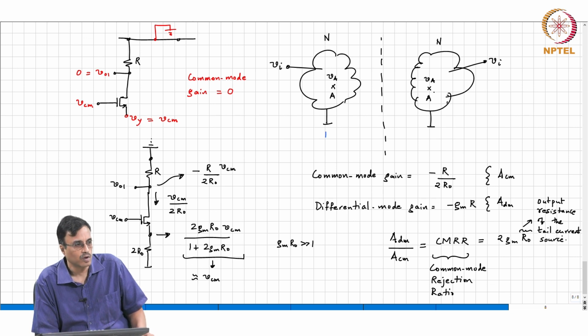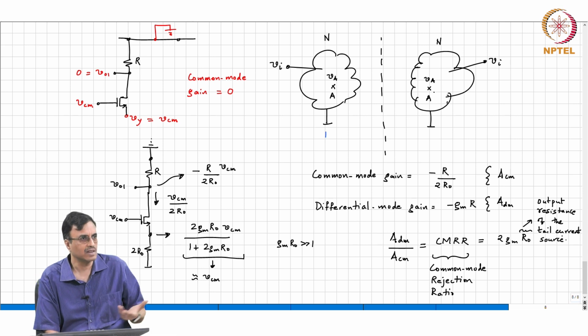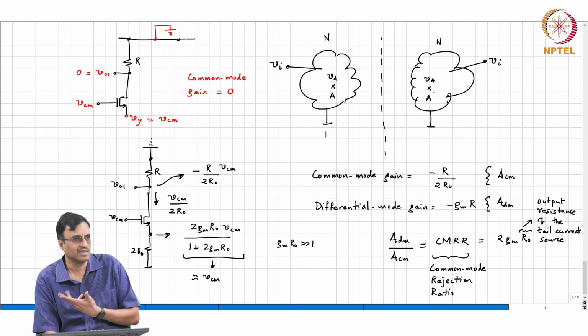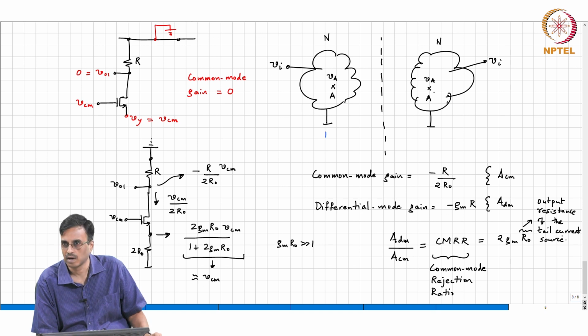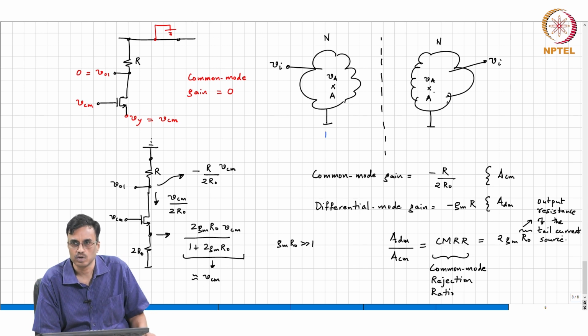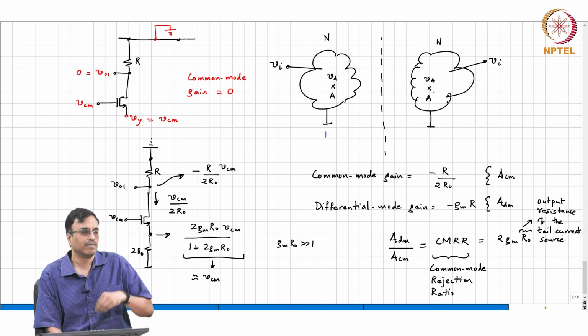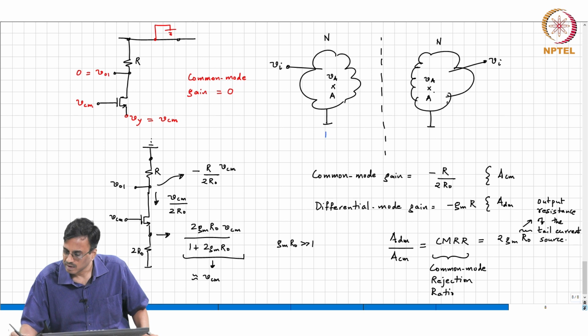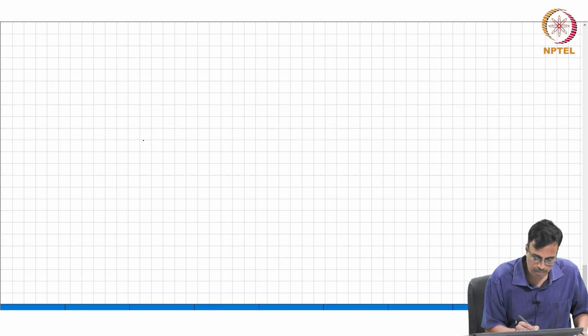If you use a simple current source with an output resistance of RO, then the common mode rejection will be of the order of gm RO. If gm RO is say 50, then the common mode rejection is 100, but it is roughly of the same order. Now, if you put a cascode current source, what comment can you make about the common mode rejection ratio? It will be of the order of gm RO the whole square, and so on. So, to summarize the properties of the differential pair,